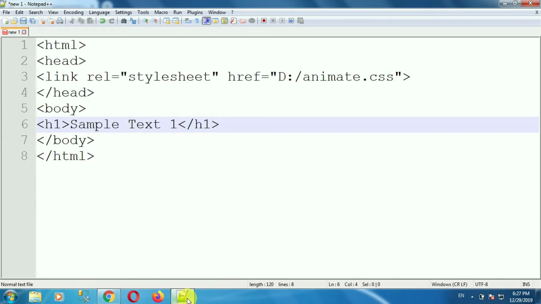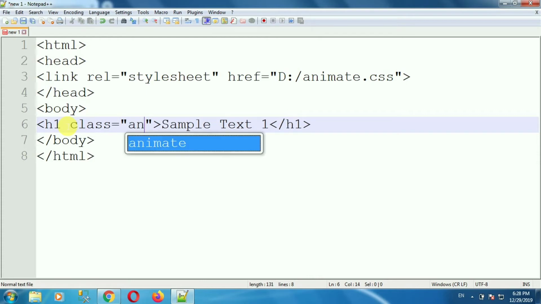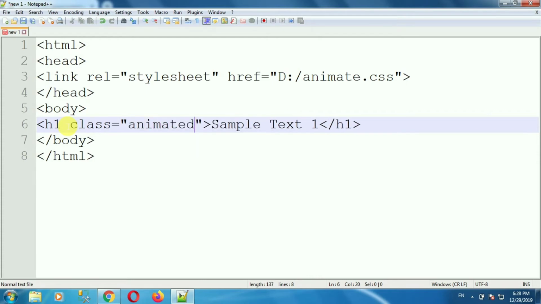We know that we have added animate.css this reference file, and this reference file contains various types of animation classes. So to apply the animation to this heading element, we just need to add some classes. So add class attribute, class equal to double quote. First add animated class,